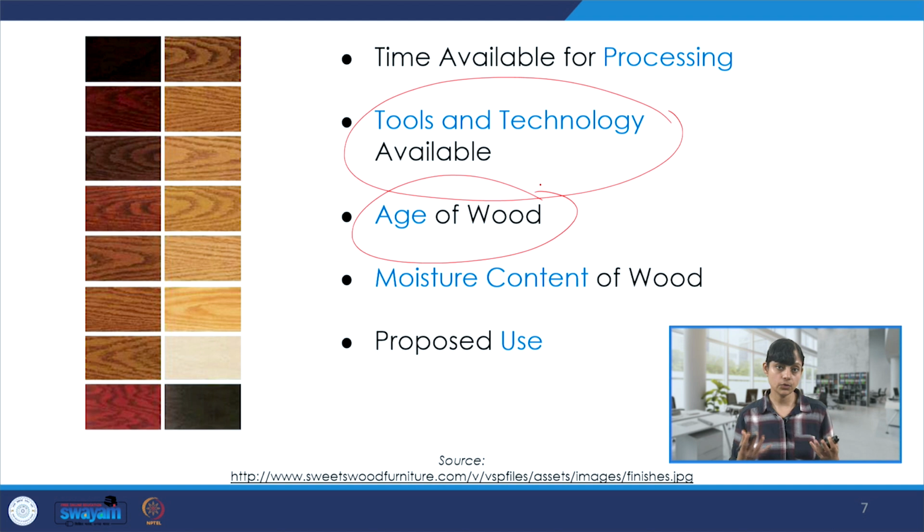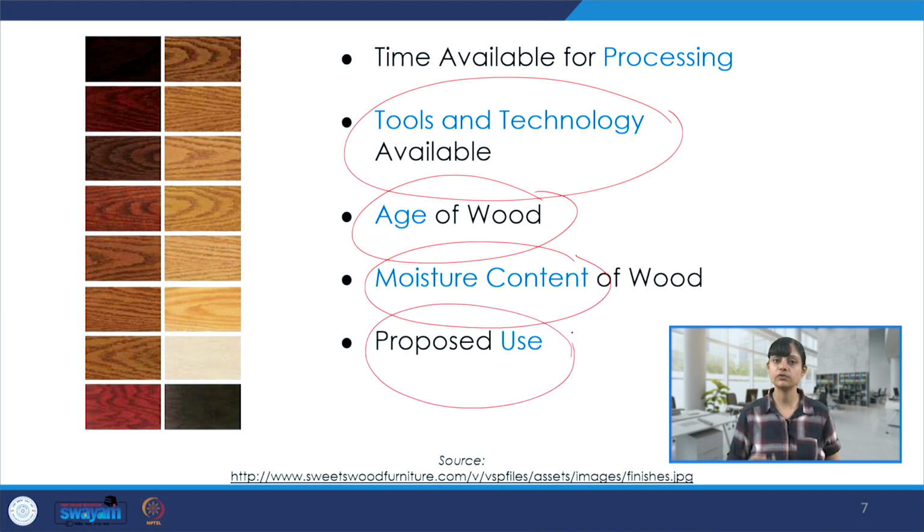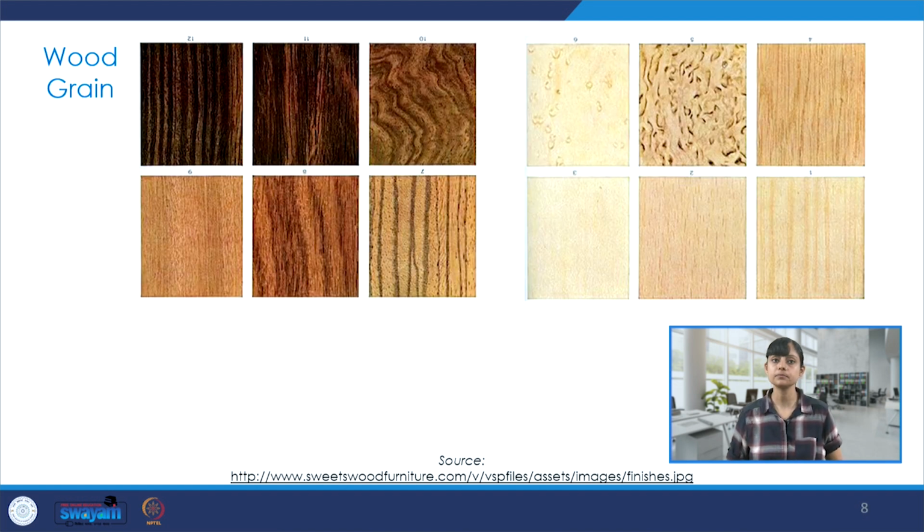What is the age of the wood that we are using for the project? Too old, too young? And then how does it impact on the appearance and the performance of timber? Moisture content, I was talking about seasoning. And then what is the intended use for which we are using it? And hence, how do I decide whether I use a softwood or a hardwood? Even within that, which softwood or which hardwood of what kind am I using for interior portion or exterior portion, for structure or for furniture and so on.